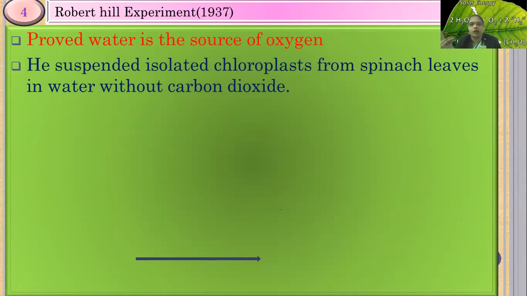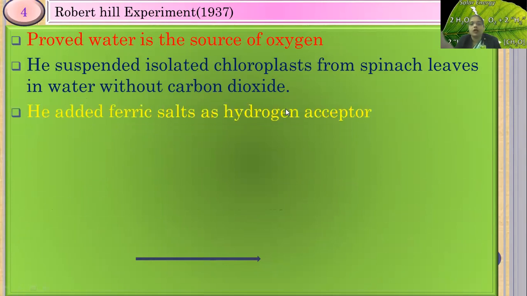From spinach leaves he isolated chloroplasts and put them in water, in the absence of carbon dioxide, meaning in water without carbon dioxide. He added ferric salt as a hydrogen acceptor. So first he suspended isolated chloroplasts from the spinach leaves and added water without carbon dioxide, and he added ferric